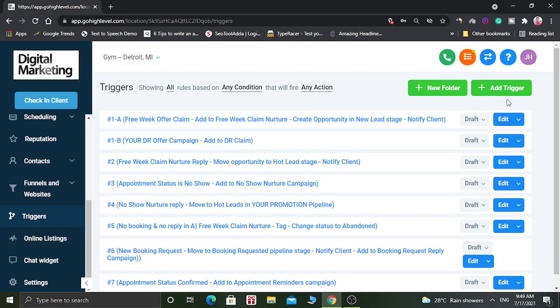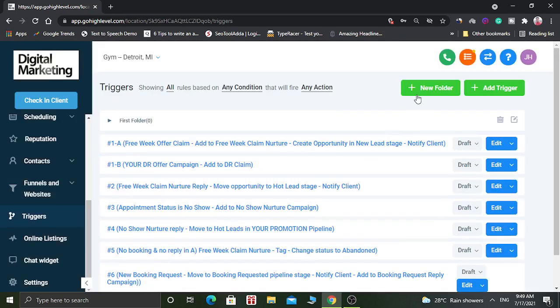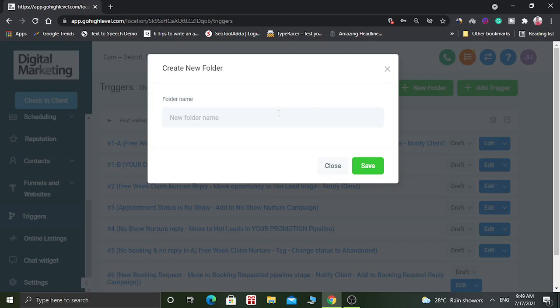So there are two options here. First is called new folder and second is called add trigger. You can create folders here. So let's create one folder, and let's also create a second folder.